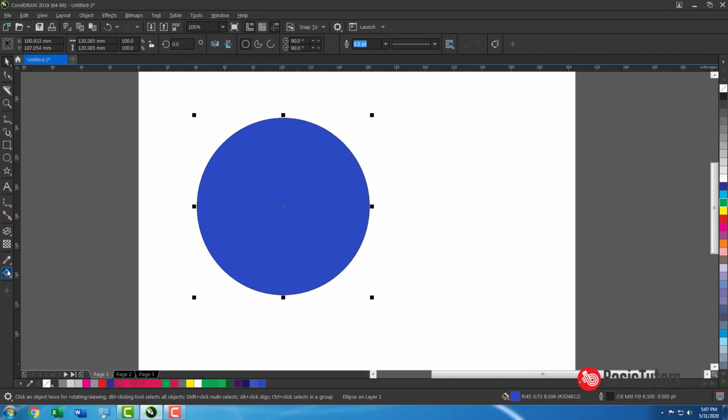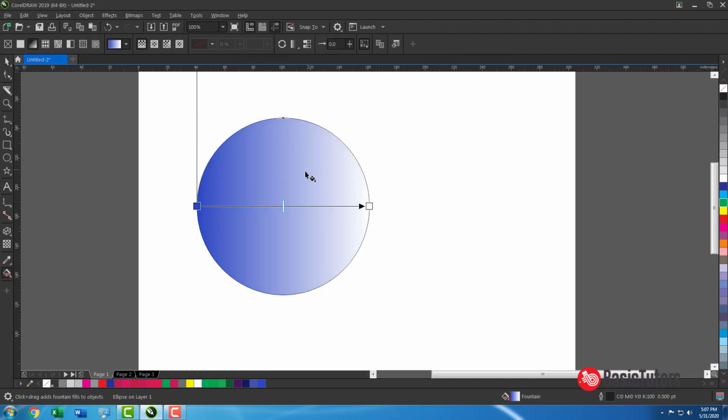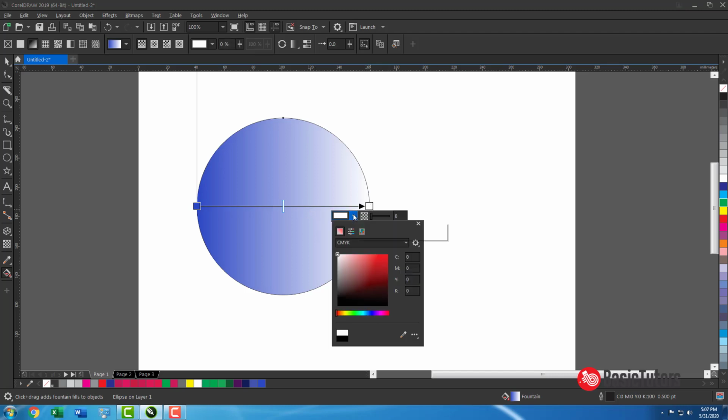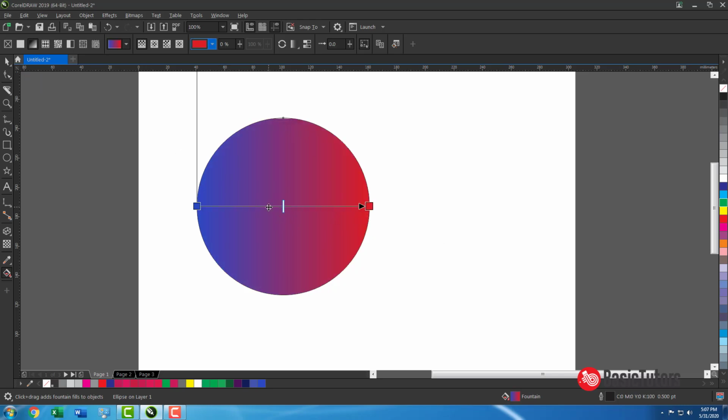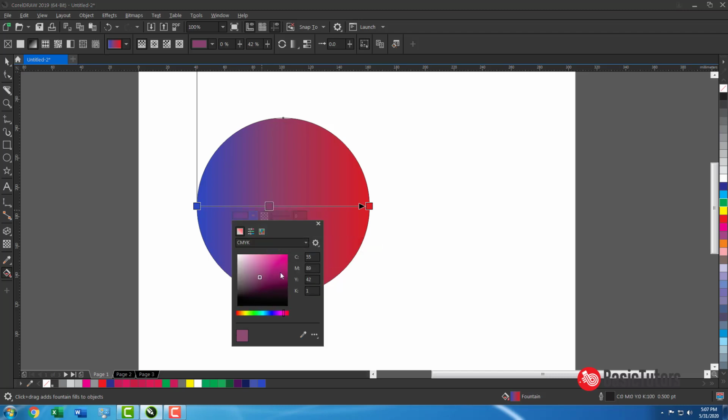The next thing will be the fountain tool. This is like a gradient. In Photoshop or any other application, they call it a gradient from one color to another. See here, one color is there. You can directly select the color here. Okay, and then if you want to add any node, you can click here, select a color and add a node here.